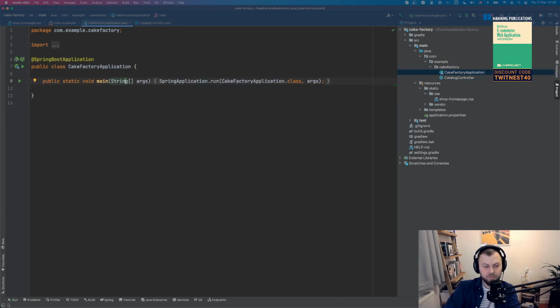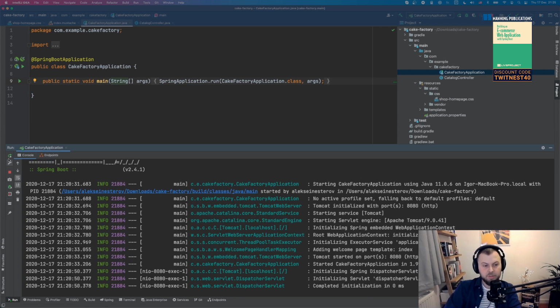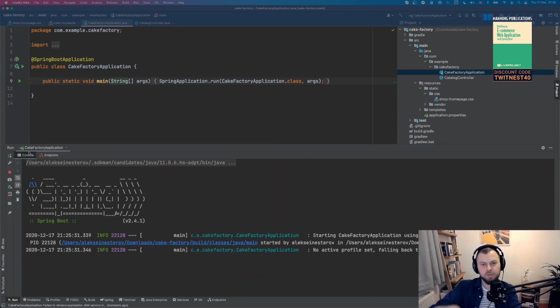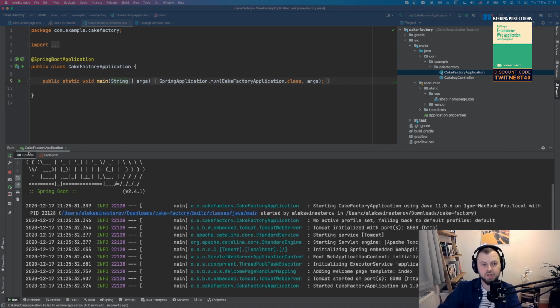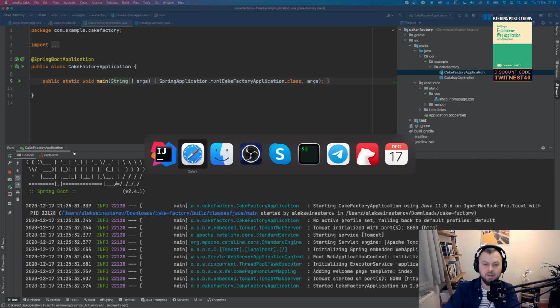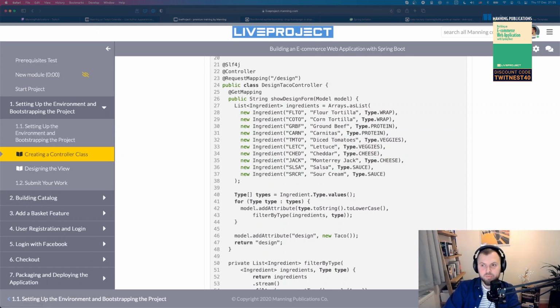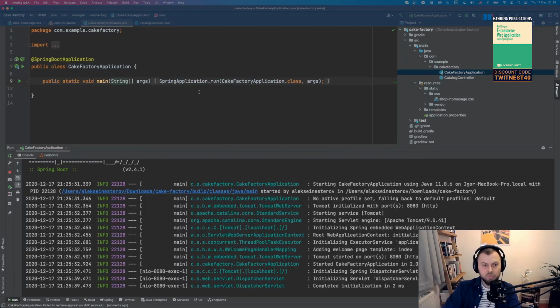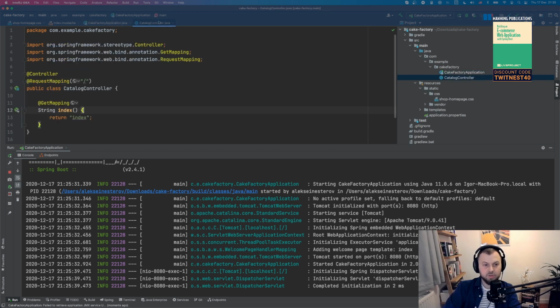because I don't have Spring Boot DevTools enabled. If you enable Spring Boot DevTools, you don't even need to restart your application. Basically, Spring Boot DevTools will automatically monitor for changes, and it will automatically refresh it. But for simplicity, I'm just going to restart it. Cool, nothing changed. But what is important now, we have a controller. So in this controller, what is happening? Not too much, basically, right?